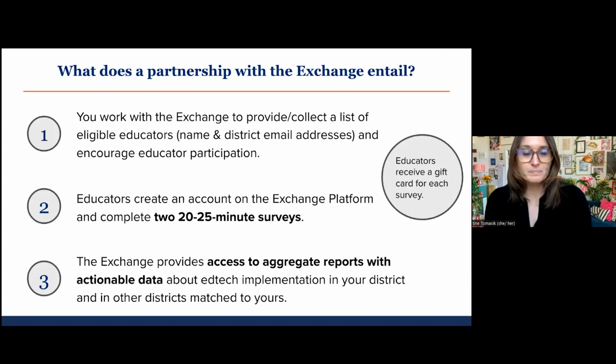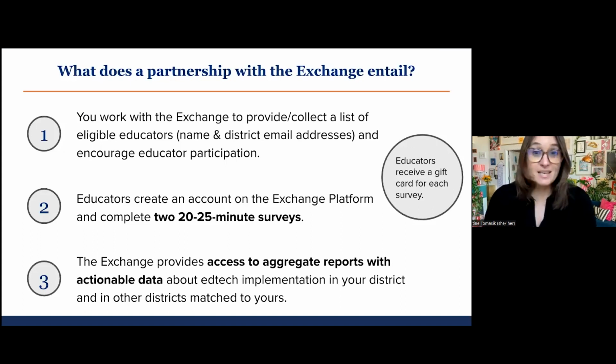How does it work? This slide shows 3 high-level steps. First, we work with you to get a list of teachers and leaders who make implementation and selection decisions about math tech. No, we don't sell the lists. This data collection is protected by UVA's Institutional Review Board.